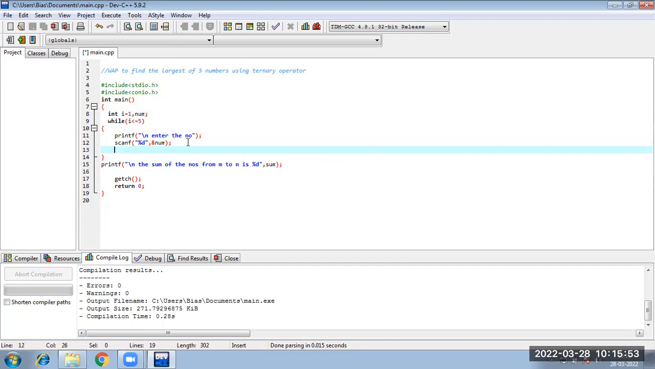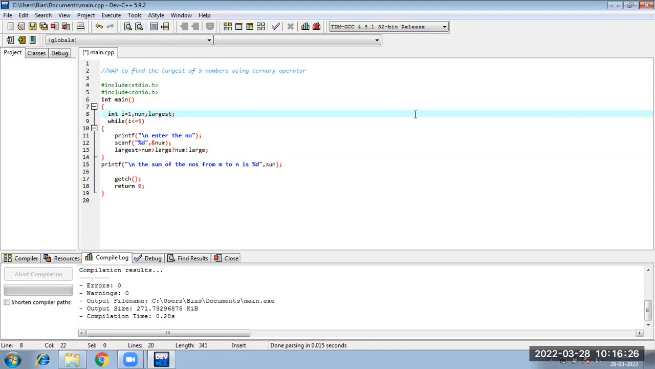Okay, you will enter numbers one by one and on it the ternary operator will be used, meaning whether your num is greater than large or not. If your num is greater than large then your answer is num, else if your large is greater then the answer is large, and this entire value you are saving in the largest variable, suppose. Okay, so we have to declare the largest variable here and also the large variable. Now see, we